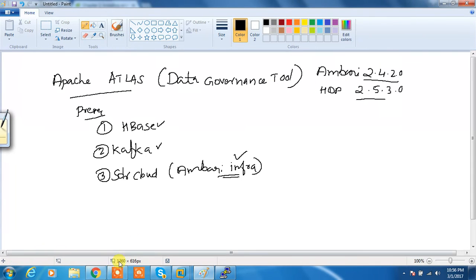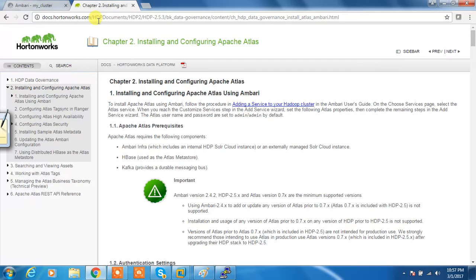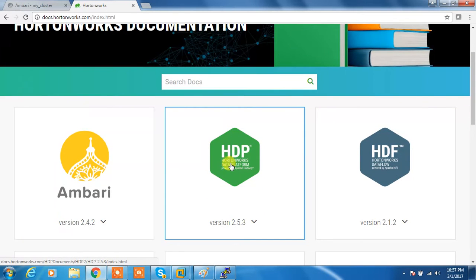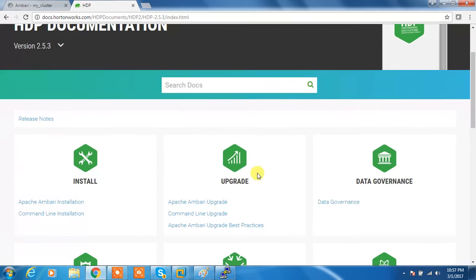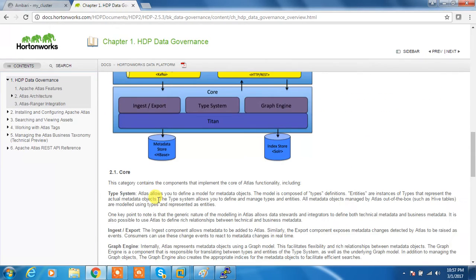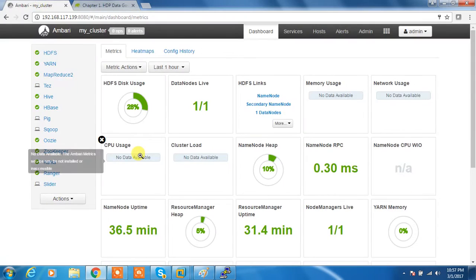Let me open my cluster. For the documentation, you can log into docs.hortonworks.com, select the latest version, whichever version you have, then click HDP and data governance. Here you will get the complete documentation on Atlas: how to install, what the components are, and all the theory parts, so you can just walk through it. I already installed HBase, so that is not required. Kafka is also here, so the remaining part is